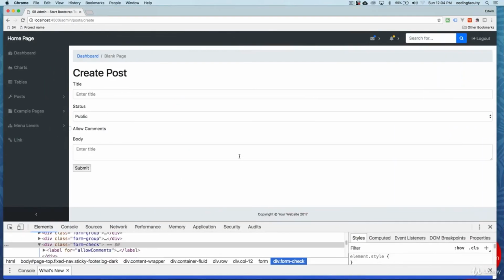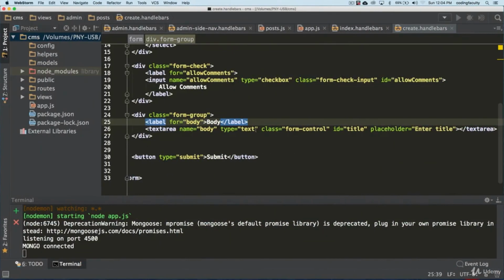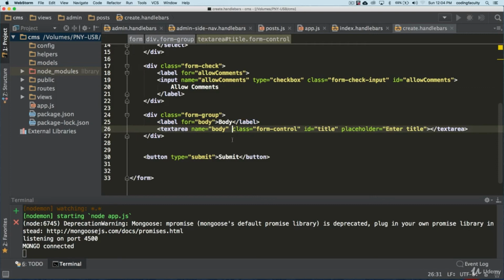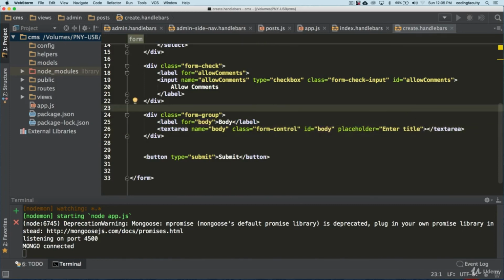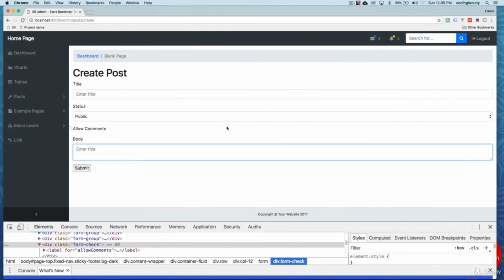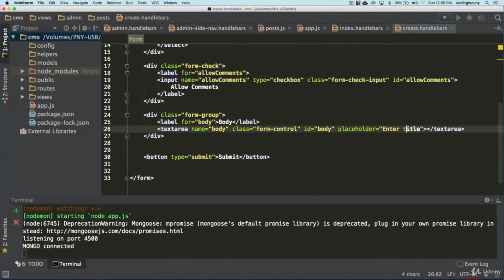Refresh. So that looks like that. We can make this a little bigger if we want to. We don't need this here, and make this body. We don't even need a placeholder, but we can keep it there. Let's see how that looks here. Enter description.